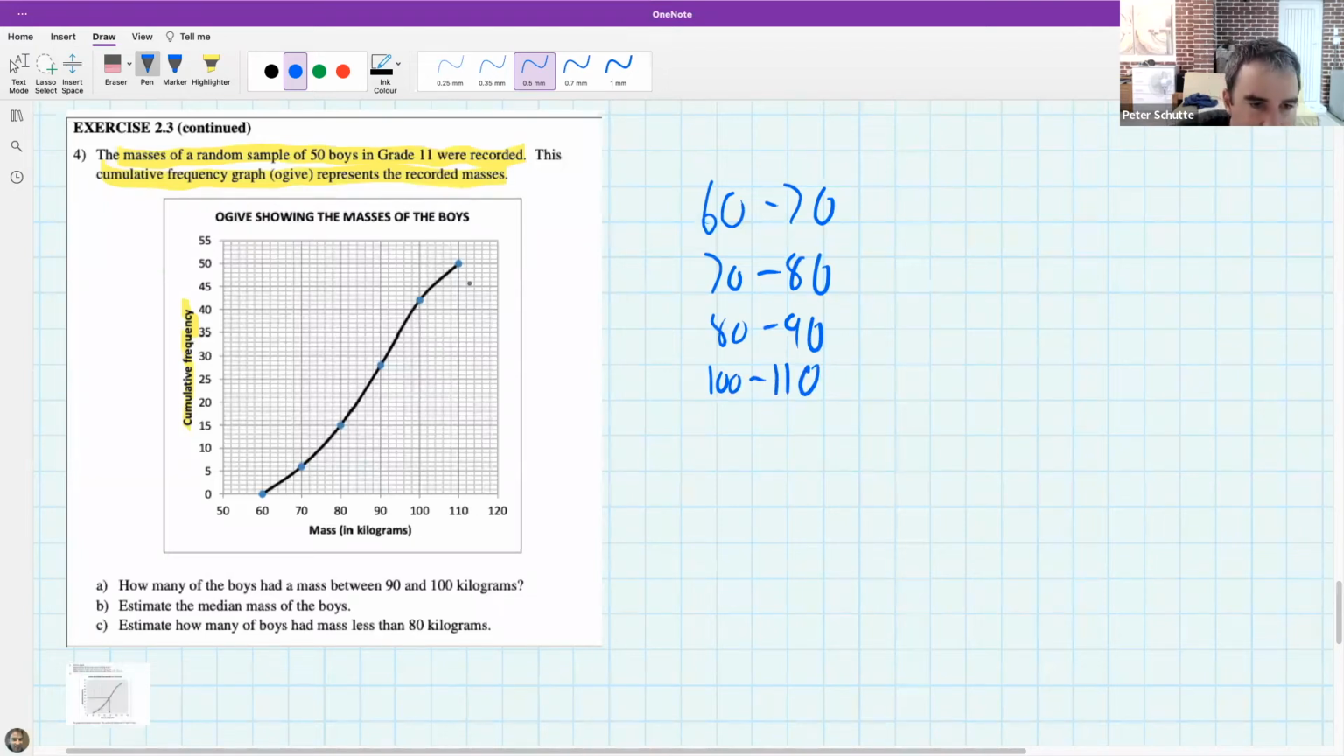And then it seems like that's where we would get up to. Now, the question here says, how many of the boys have a mass between 90 and 100 kilograms? And this is a little bit like the question I just posed now. But what I want to suggest is let's start by asking ourselves, how many boys have a mass of 90 or less? So I'm just going to go from 90